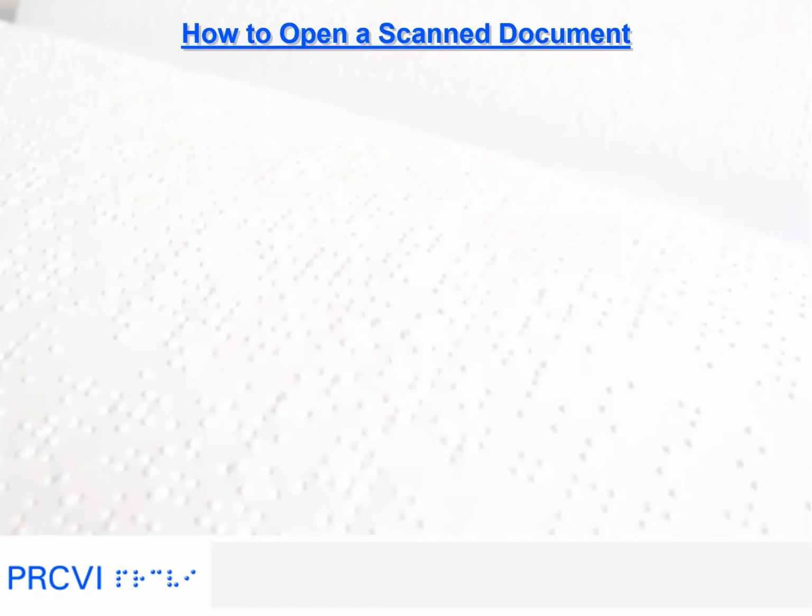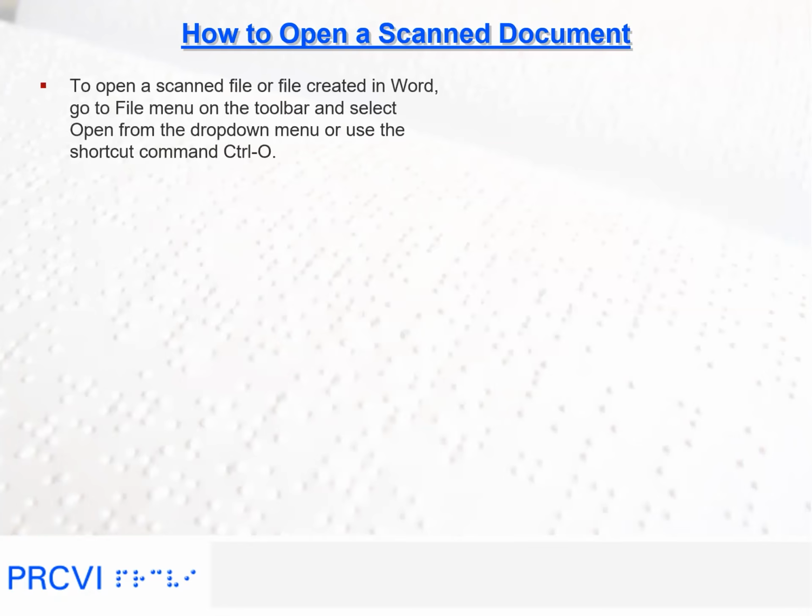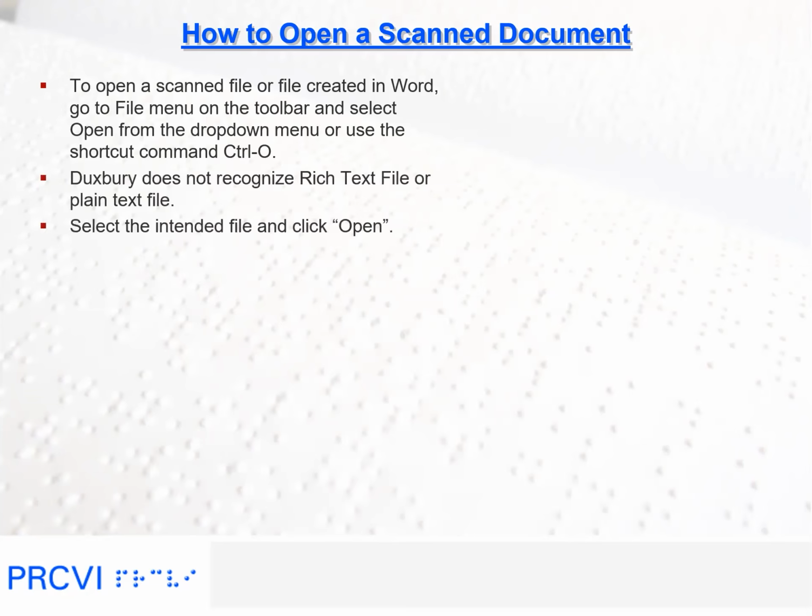To open a scanned file or file created in Word, go to File menu on the toolbar and select Open from the drop-down menu, or use the shortcut command Ctrl-O to open a Word document. Duxbury does not recognize rich text file or plain text file. Select the intended file and click Open.